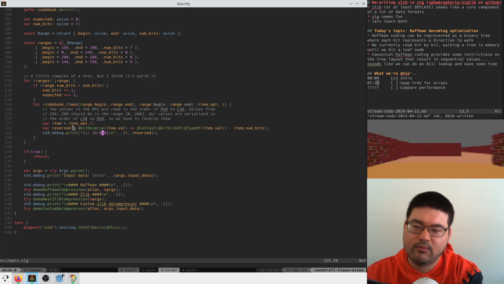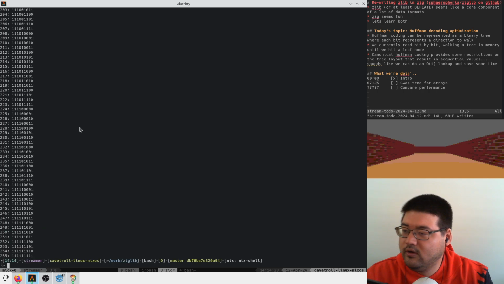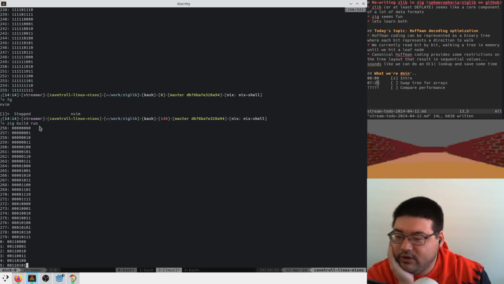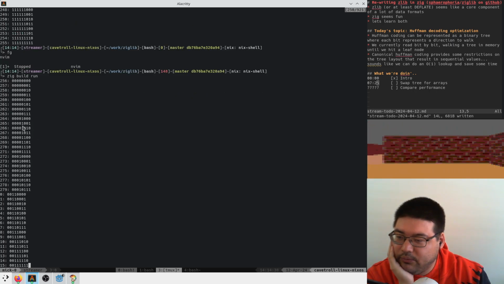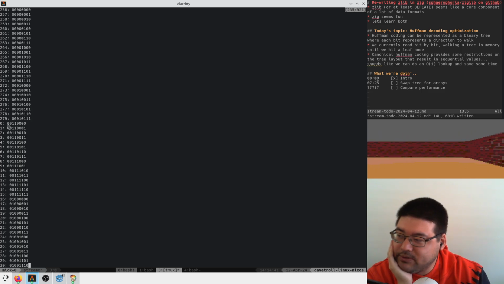I had it backwards, so I want this arrow to be this way. Okay, cool. So we have 0 0 0 0 0 0 0 1, 1 0, blah blah blah. We're incrementing. And then here, when we jump up to the next bit width,